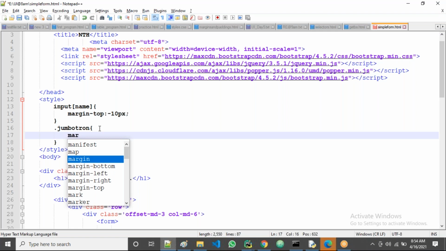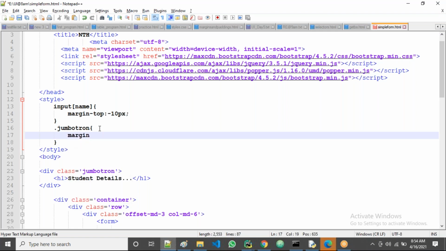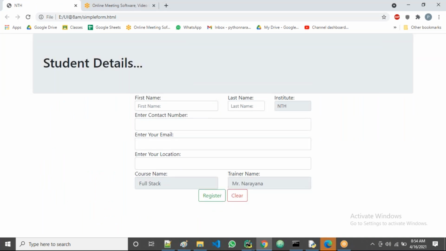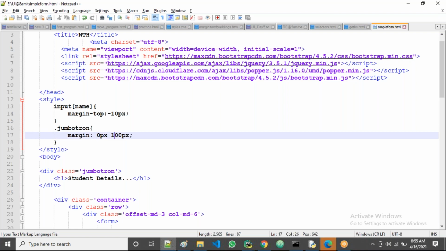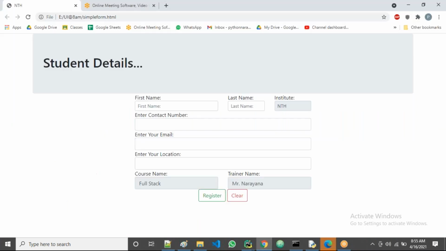Okay, then I am taking margin now, right? Margin. I'm taking here, suppose 0 pixels, 0 pixels, and I take 100 pixels, guys. What does it mean? Tell me now, guys. What does it mean, all of you? Yes. Okay. Let's take here, for example, suppose 300. Let me check once, guys, like this. Again, what I'm doing now, I'm trying to make the small one.